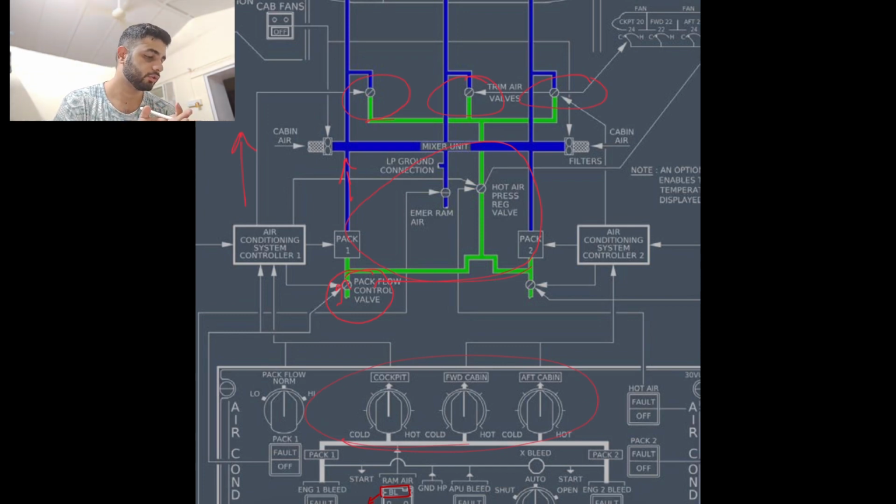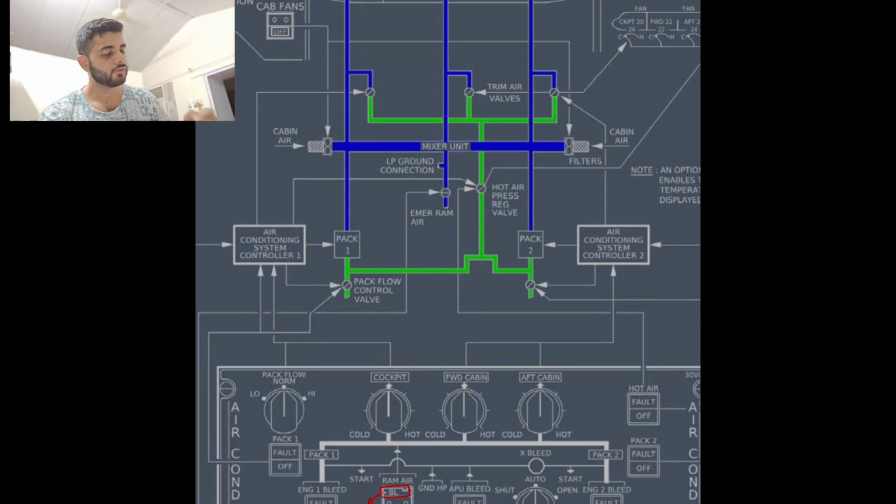Anyways, so we are done with packs. We are done with the hot air. Okay. Now let's talk about the rest. Hot air pressure regulating valves regulate pressure, trim air valves regulate temperature. We're done with that. There is an LP ground connection which is externally processed and sent directly to the three